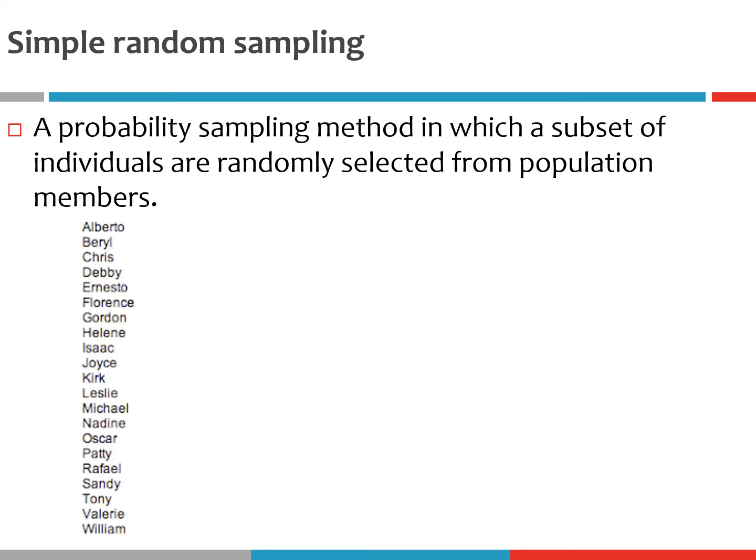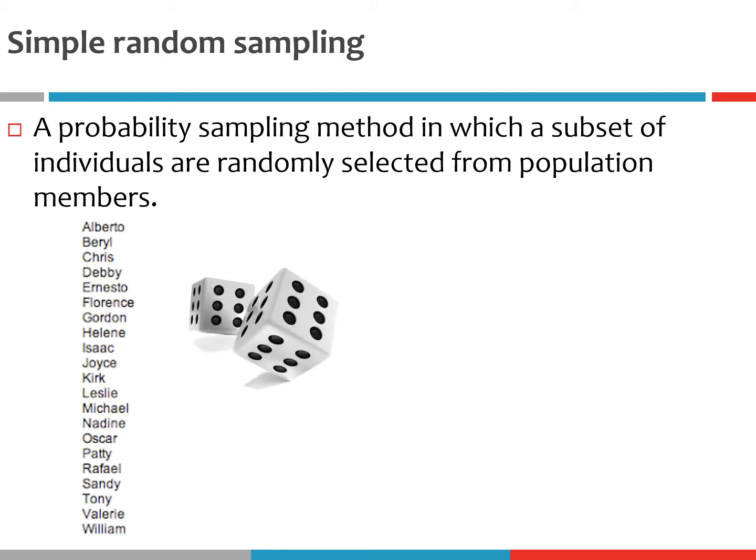Okay? So in this particular method, one way that you would achieve a simple random sample is if you wrote down all of the students on Mercer's campus in alphabetical order, okay? And then